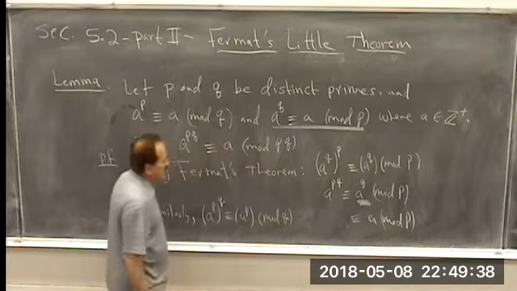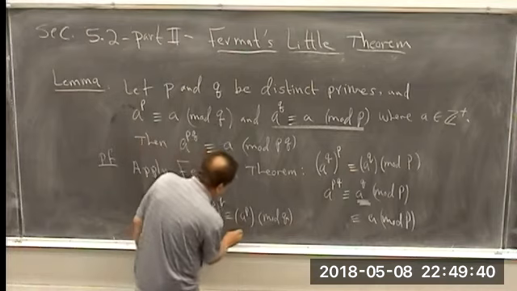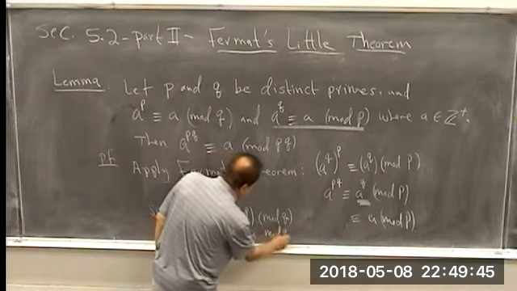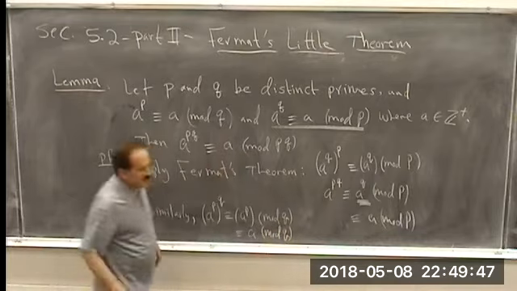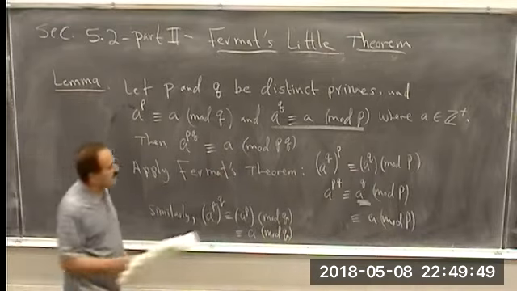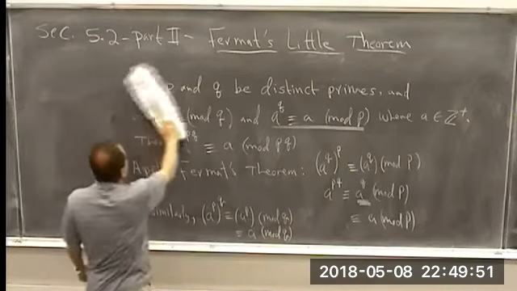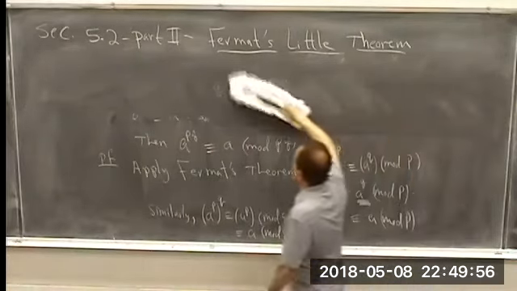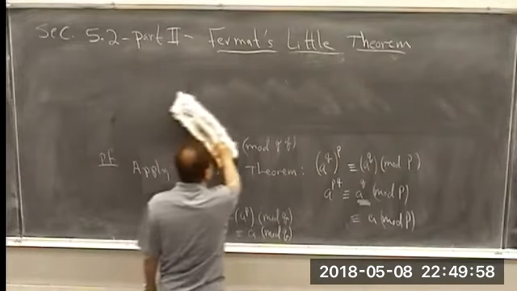But a^p mod q is congruent to a mod q. Now these two congruences imply, just like we did with the previous example,